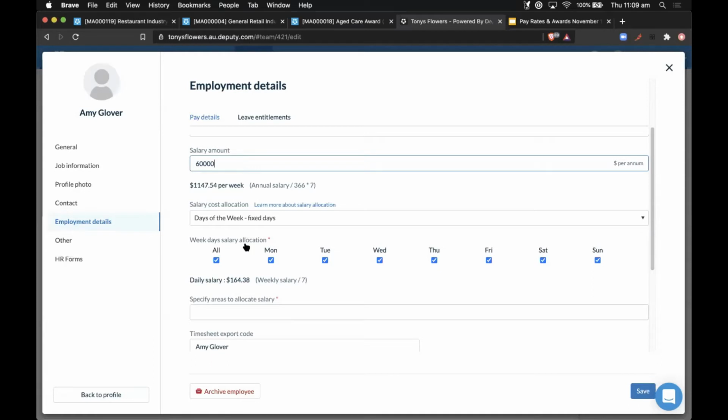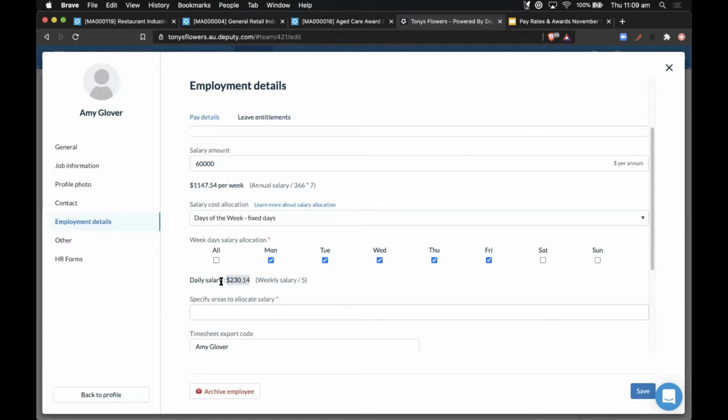So at the moment, you need to allocate this particular person, Amy's salary, to typically a 5-day working week out of the 7. So let's just say it's the typical Monday to Friday, for example. We'll see that as we interact with those buttons, it's trying to divide the annualized salary into the days of the week.